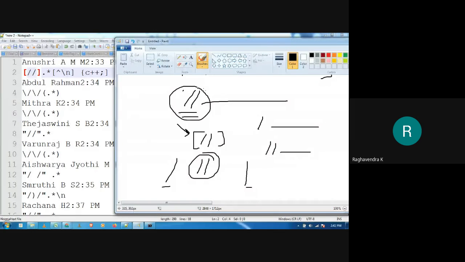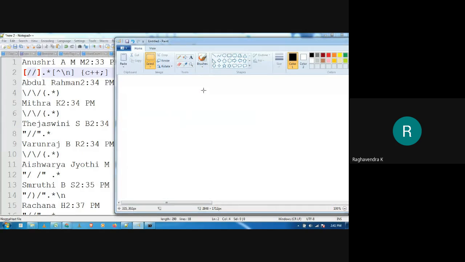Somebody else has written, Abdul to be precise, they have escaped the meaning of this. They have written it like this, escape slash. But you know that this is not a regular meta character, this backward slash.